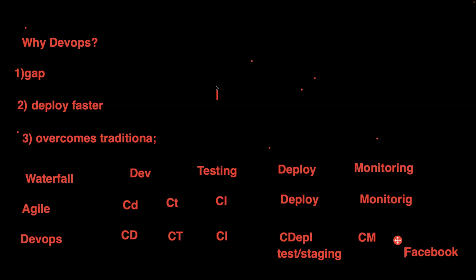And if you want me to differentiate with respect to the teams, in the waterfall methodology, there were 3 separate teams. Each was working separately without any proper collaboration, no proper understanding, in silos. The QA team doesn't understand development, development doesn't understand the ops team. It's not expected that the ops team should go and write the code or developers should do deployments. At least they should know the flow. They should communicate, right? But that's not happening.